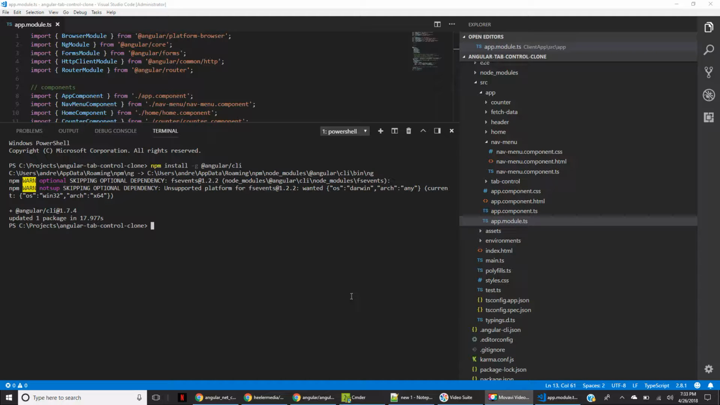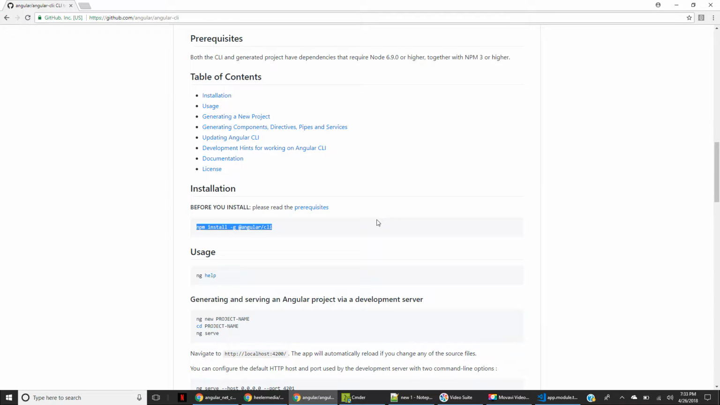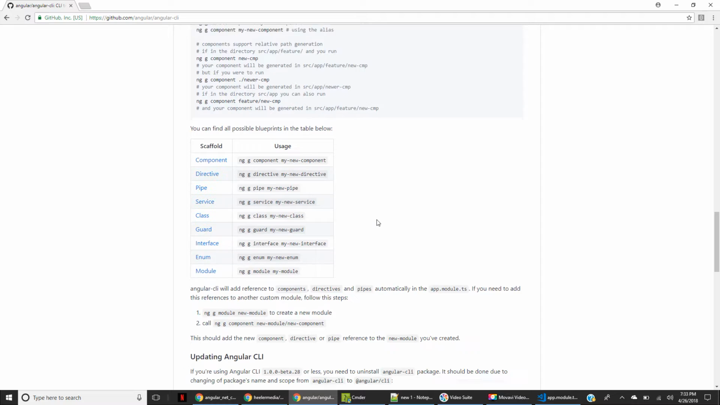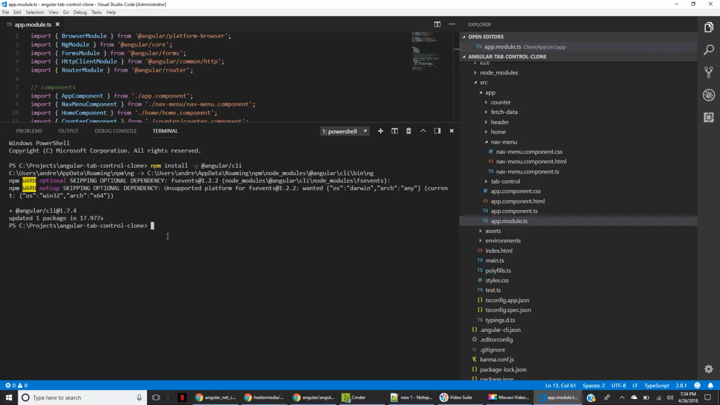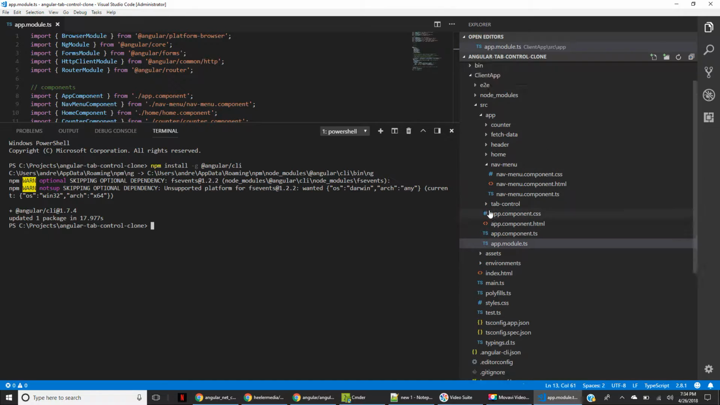Okay, now that that's done, I'm going to go back over to the documentation page and find the command to create a new component. So under this little table here, you can see the commands you can use to create all these common Angular files, but I'm going to use this ng component, my new component command. So I'll copy and paste that, come back over to Visual Studio Code, and what we want to do is